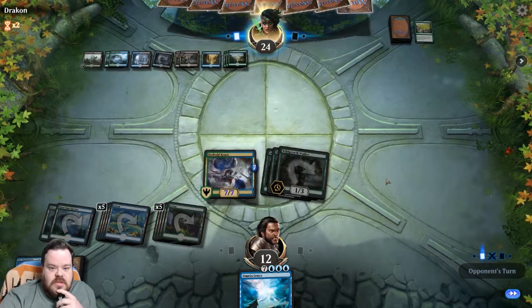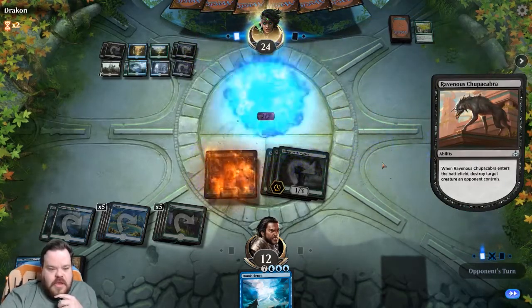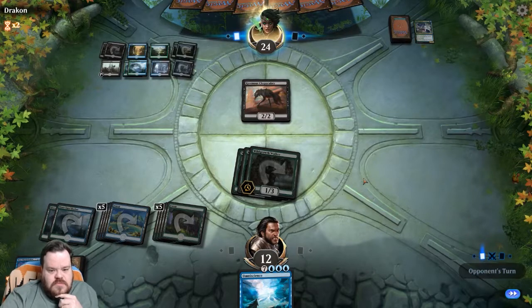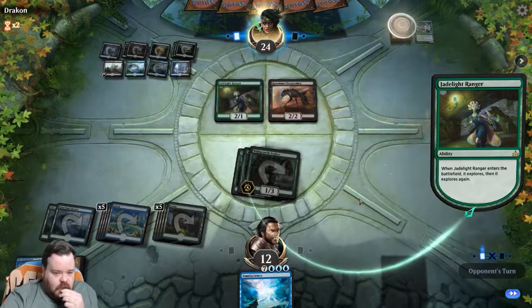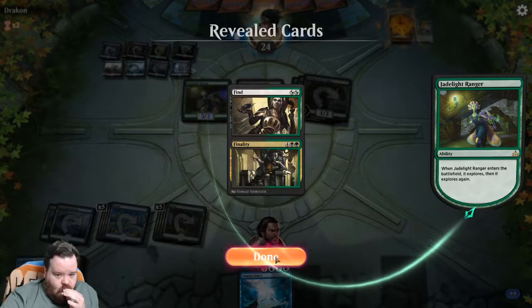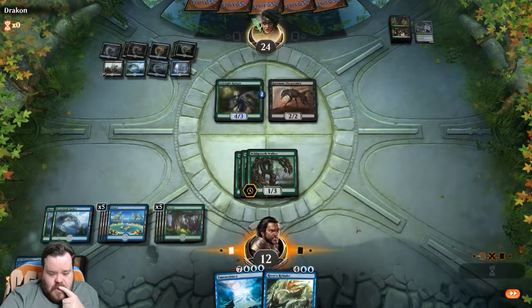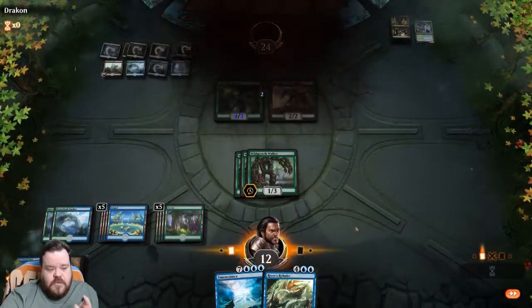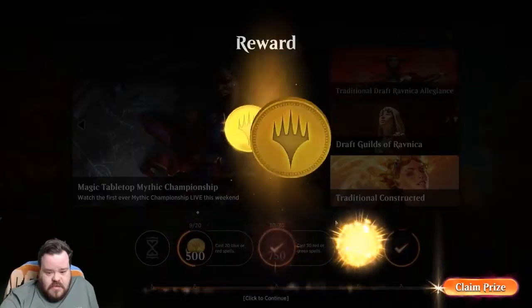Alright, so Ravenous Chupacabra. They don't want me to keep their Krasis. I mean, that's fine. Hopefully we draw a really good draw spell. Alright, so Jade Light Ranger. Alright, Fine Finality. And opponent scoops it up. I mean, I was going to put everything back in their hand and have Omniscience on the battlefield, so...